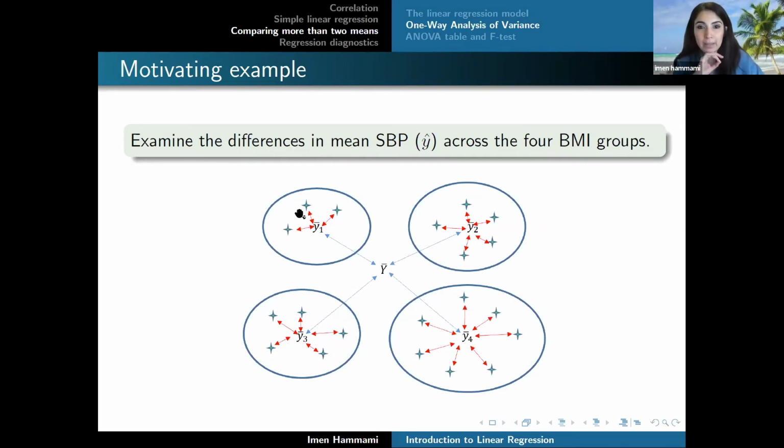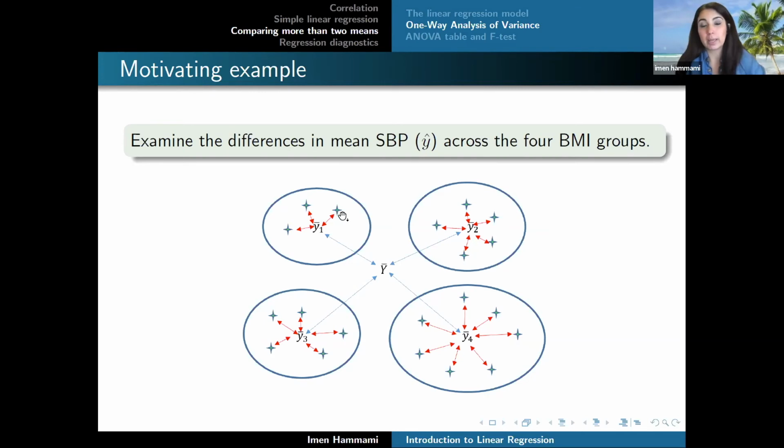So the people here are like the stars that I'm putting in the groups. So there's 3 people here, there's 5 people here, there's 7 here, and there's 5 here. Okay, so these lines, the blue ones, are the difference between the mean in the group and the overall mean. So the mean in group one and the overall mean have a difference that is actually equal to that blue distance. Okay, so these red lines are actually the difference between the mean in the group and the individual